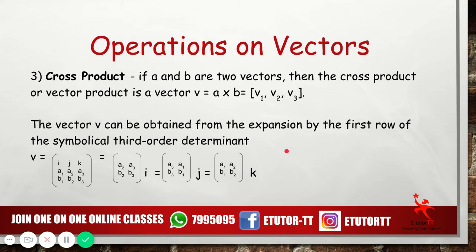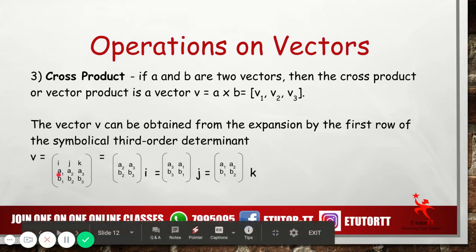So for this one now, we have V is equal to I, J, and K. I just write this on top here so you remember where to put each number, like which column each number goes in. So for A, we have A1, A2, A3. For B, we have B1, B2, B3. And that is equal to, so we ignore the A1 and B1 for now, and we start off from A2. So the first one will be A2, A3, B2, B3, and that's going to be times I,